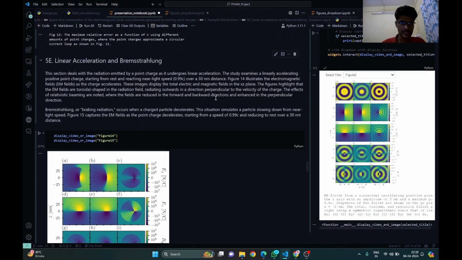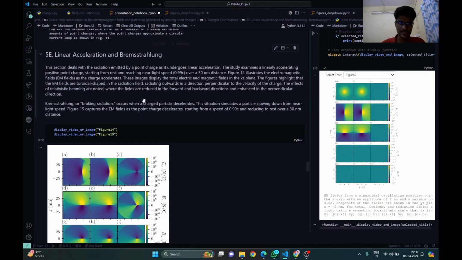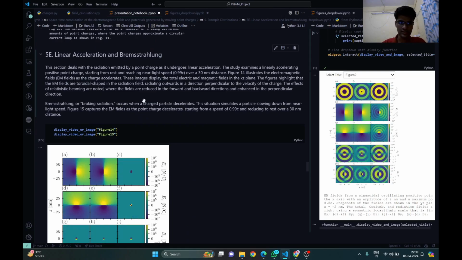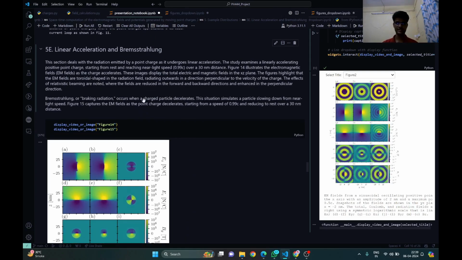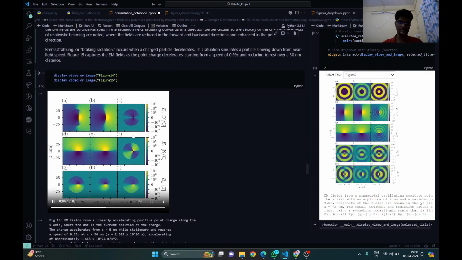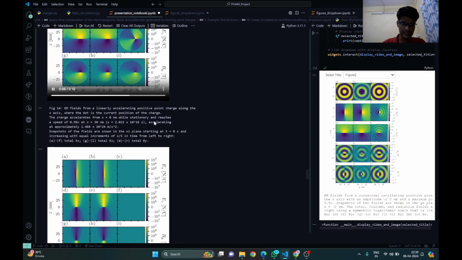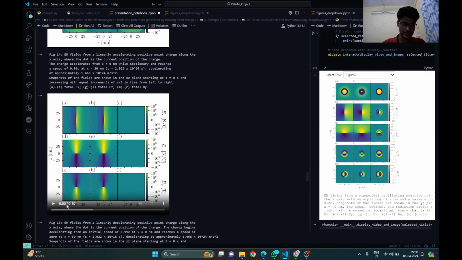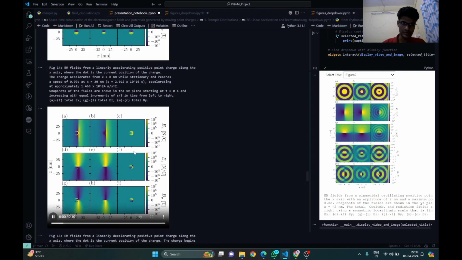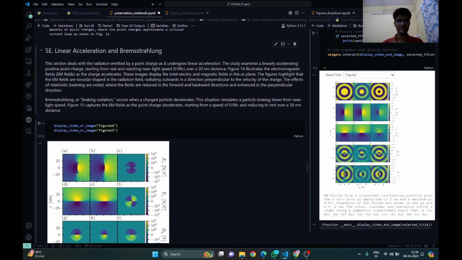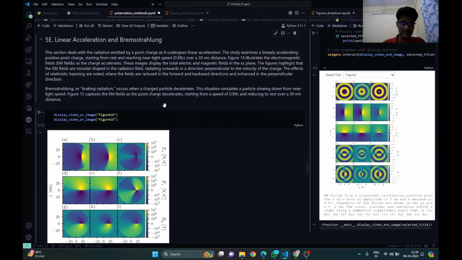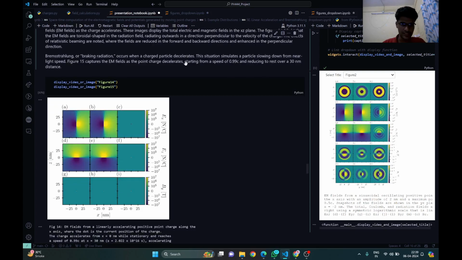Right. So the last case discussed in the paper is linear acceleration and Bremsstrahlung. So they discussed both the accelerating and decelerating charged particle cases. This is the accelerating from rest, and this is decelerating. So yeah, for the decelerating case, to see a difference, they took the charge to be at 0.99 C,